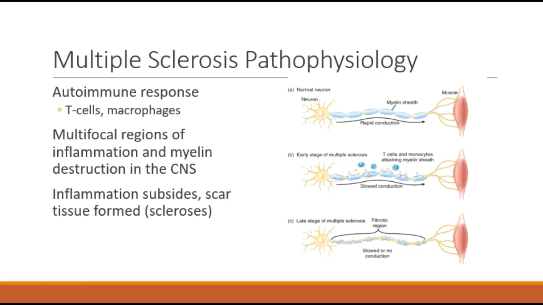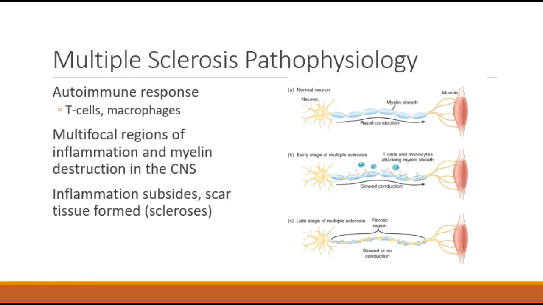So a little bit about pathophys. We know that the neurons are usually conducting rapidly. Information goes rapidly through the neurons. They're insulated with the myelin sheath, and it gets right to the muscle. With multiple sclerosis, the immune response has been activated for some reason, and there are T and B cells attacking this myelin sheath, and they're leading to scarring eventually. And as that happens, the conduction of the impulse is slowed to the muscle, or it doesn't happen at